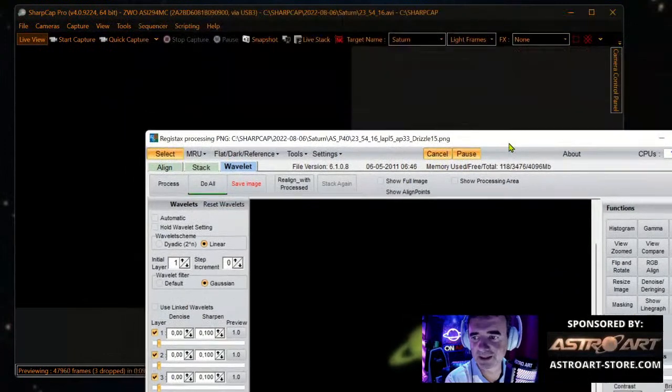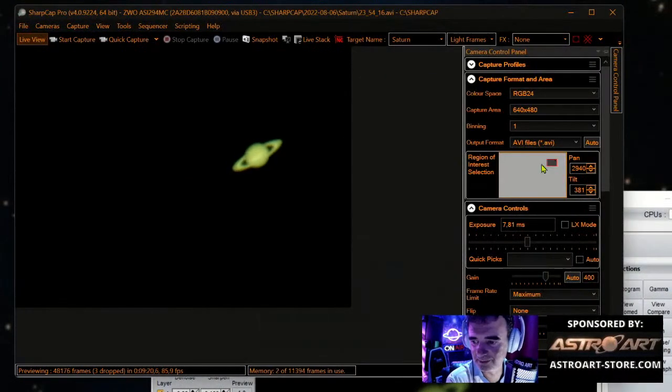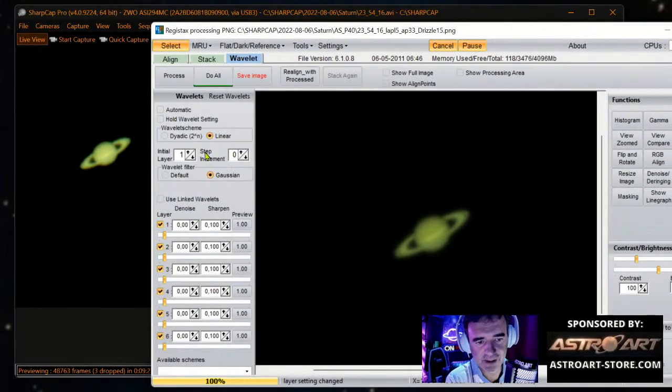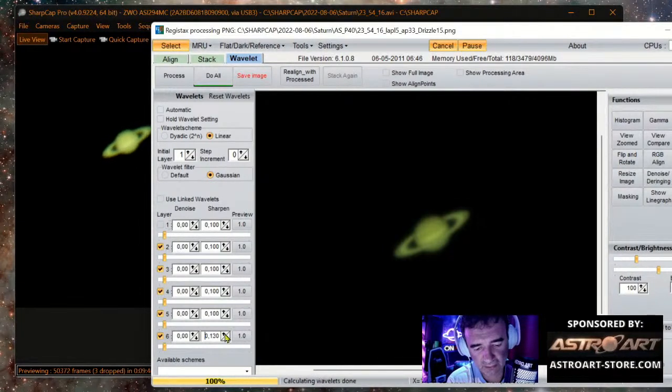Okay, let's just readjust this for us to see. What I usually do is uncheck the first one and then start from the 6, the last one at the bottom. I will increase a bit, 12, 13, 14, 15, and let's see what happened.